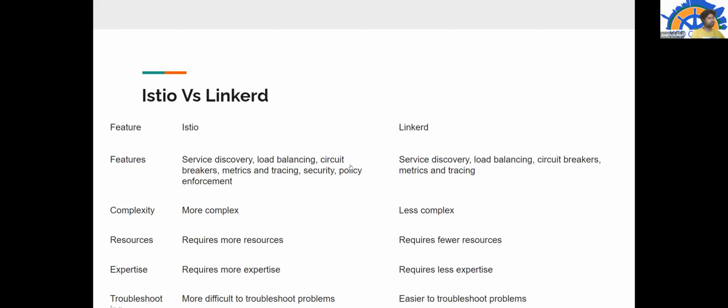I would not be able to give the data, but it is very marginal with respect to the functionality and features it brings. But there is work going on to remove the sidecar for each and every workload and deploy a single proxy on each node, which brings better performance. But the current implementation has some hit.